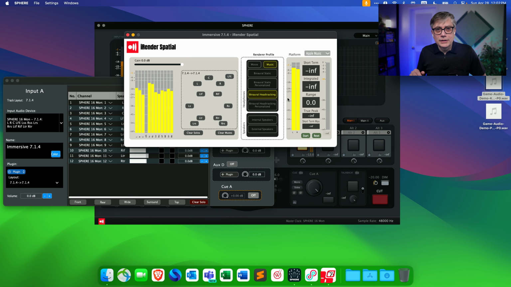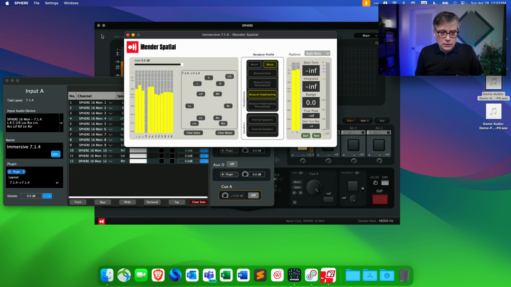So let me shut up for a second and let me move my head and see if the head tracking actually works. And you might hear that the pad is in the back and the synth is in the front. Essentially that means that if I'm moving my head, the synth will, for you, feel like a panning of the synth. And the experience that I have is exactly the same that I would have in a 7.1.4 listening environment.